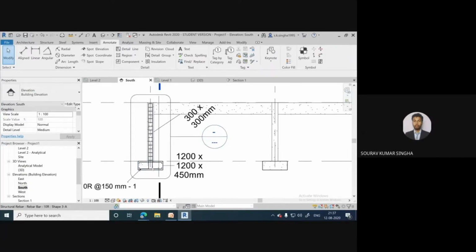But previously, in the analytical method, I showed you that determining the cutting length of a single bar takes at least 15 to 20 minutes, right? The same thing for the total column and the slab is done in only 15 to 20 minutes. So that is why it is a much easier process to determine the bar bending schedule using Revit software.